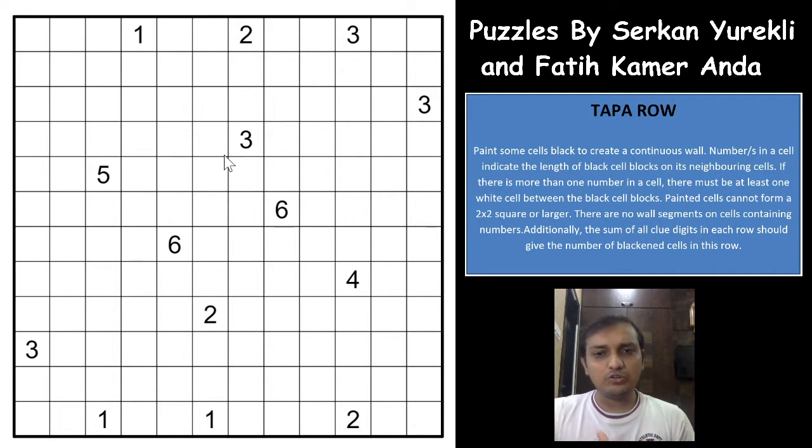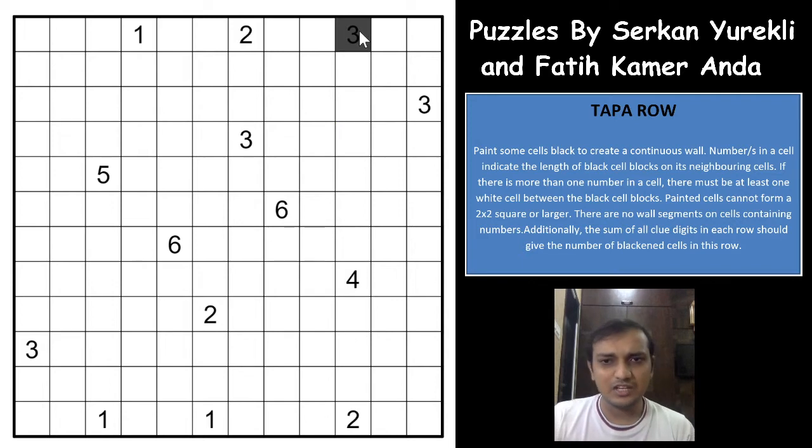You cannot have a 2 by 2 group of all cells black, which is all cells shaded. You cannot have a 2 by 2 group of all cells shaded here, not possible. And you cannot shade the number cell as well. So the number cell becomes unshaded by default. It is an unshaded cell, right?